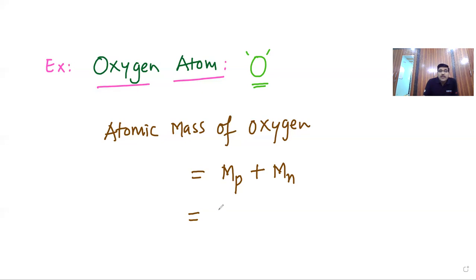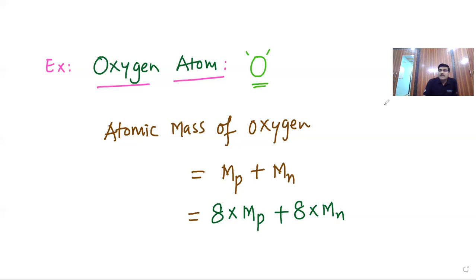So there are 8 protons, which means 8 into the mass of each proton, plus there are 8 neutrons, 8 into the mass of each neutron. Here I clearly write that